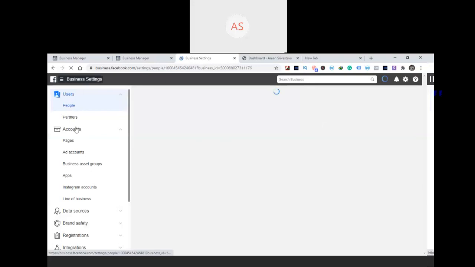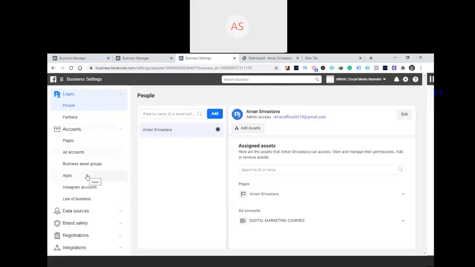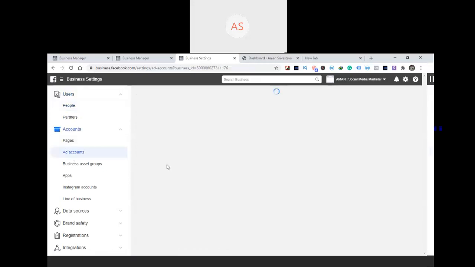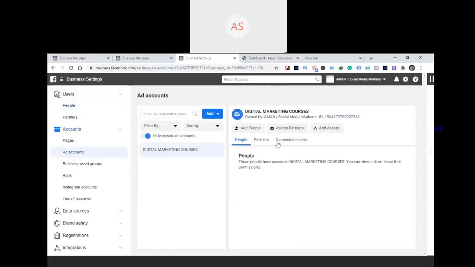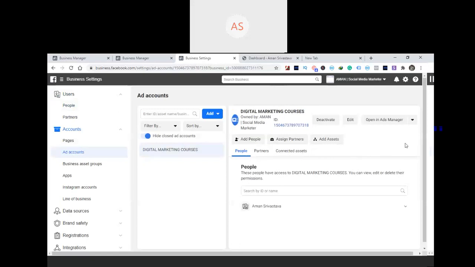So once I reach this page, this is the main page of my Facebook business account, and I just have to click on ad account. And once I reach this page, I just have to click on open in ads manager. And now we're going to set up our first Facebook ad.